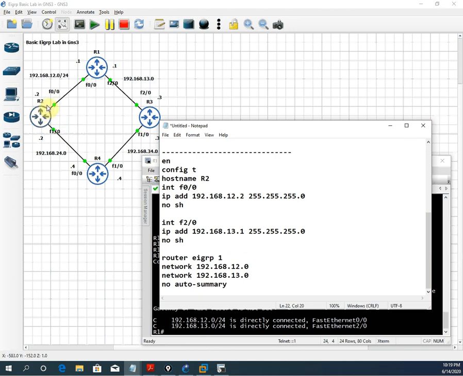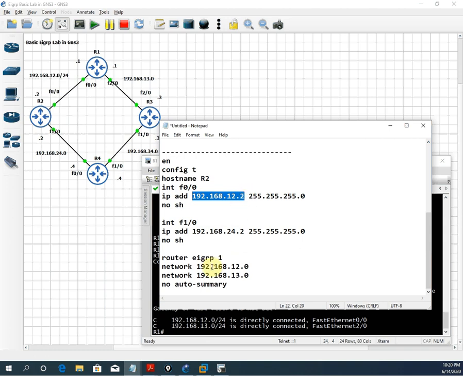Now this is okay, and after that I see this is the interface f1/0. So here it should be f1/0, and the IP address is 192.168.24. Here it should be 24 dot, and what is the last octet? We need to write dot 2. So I will go here and write dot 2, the subnet mask will remain the same, then no shut, and here we need to write this one. Okay, this one I will copy.